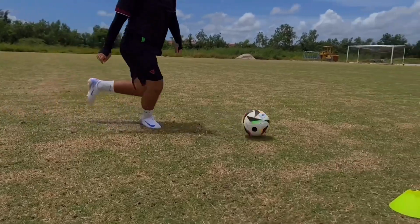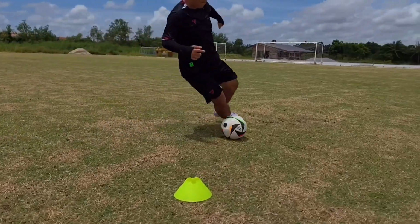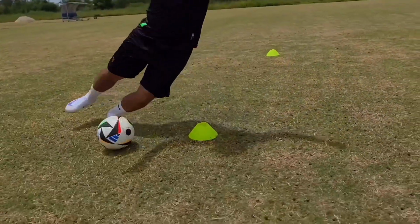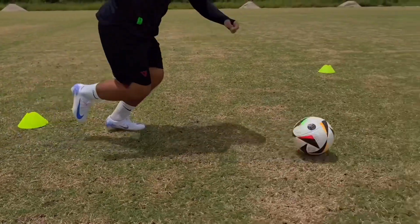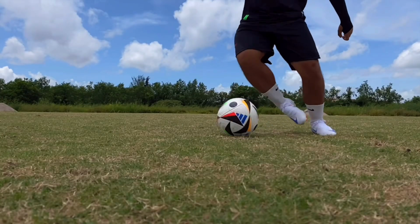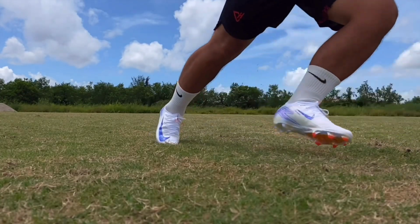Others might love how this combination appears on the Vapor. Personally, I love it. I don't find it difficult to control the ball, at least not with the balls I use throughout my experience with this boot. But that doesn't mean I cannot feel the grip knit. It still provides a good grip, and I still have those wow moments in my head when I touch the